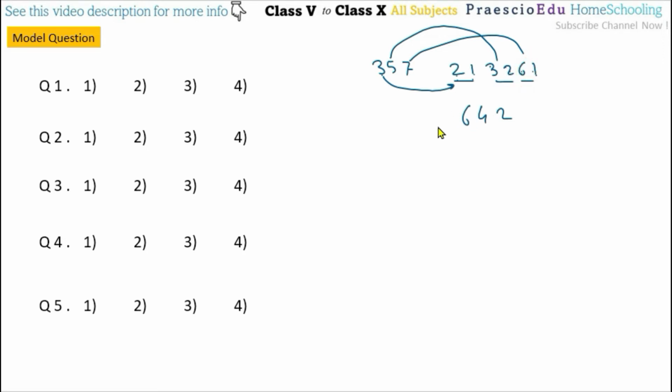Now from the available options, 6 can be split. In option number 1 there is 32, so it cannot be possible. Then option number 2, 24 is there, so it can be possible. And option number 3, 4 and 2, so it can be 4 and 2. Then next digit 4 can be split as per option number 2, 31, it is possible, 3 plus 1 is 4. And option number 3, 13, so 1 plus 3 is also possible.